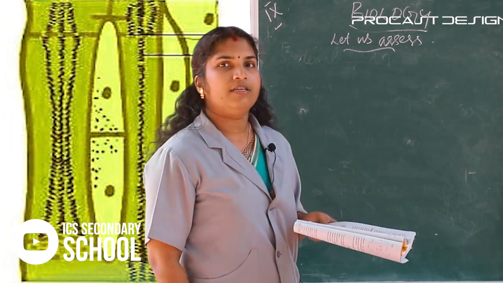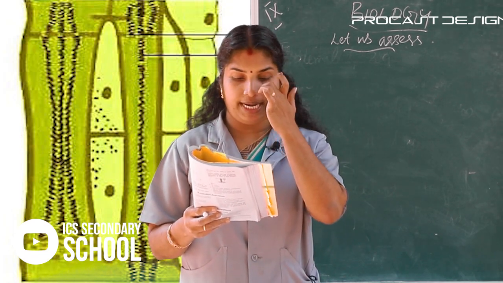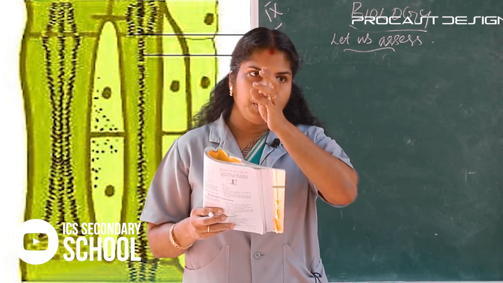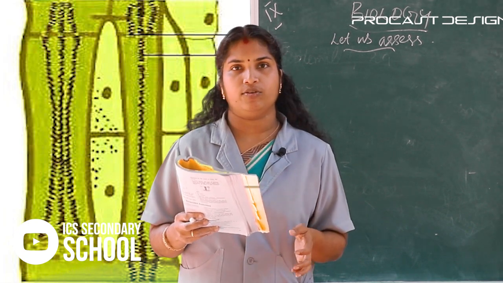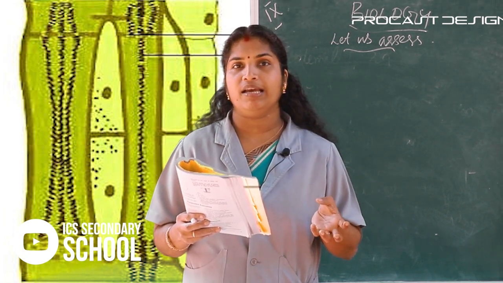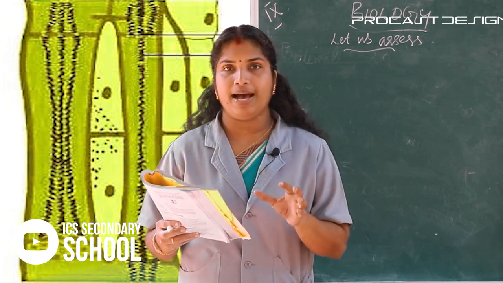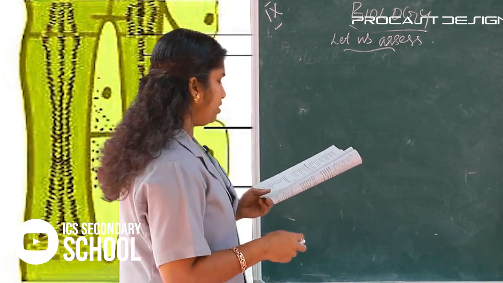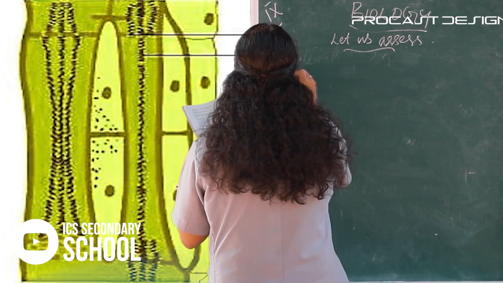First question, please note it in your textbook. Choose the simple nutrients which are absorbed into blood from those given below: fatty acid, amino acid, fructose, glycerol and glucose. Which ones are absorbed into the blood? The simple nutrients absorbed into the blood are amino acid,